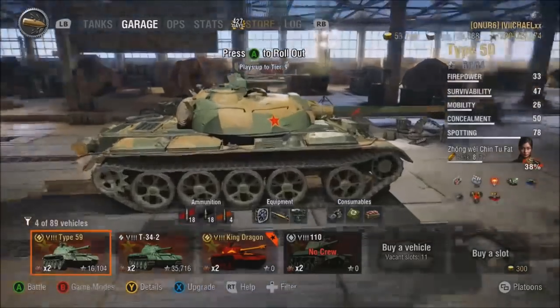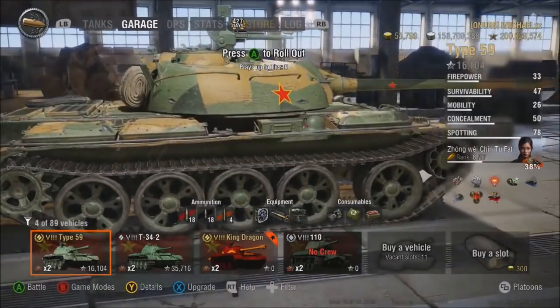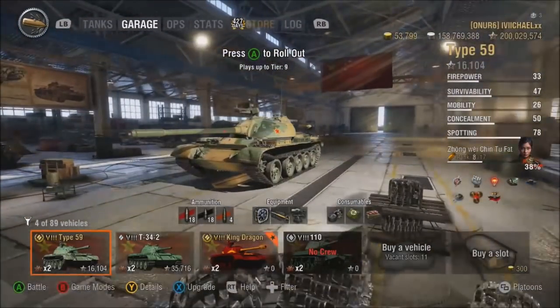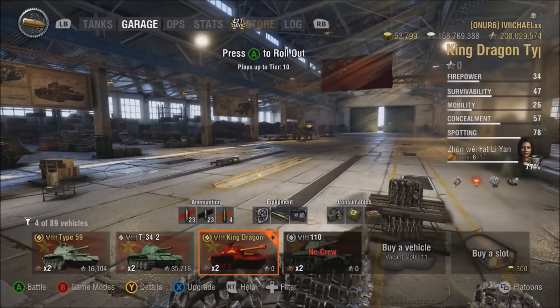Basically, you do not want to give that helmet area. If you guys take a look, you see the Chinese helmet. Do not give that area. Always give this side of your tank and always angle it. And that should help you out a lot, especially in the King Dragon, because it's going to be playing tier